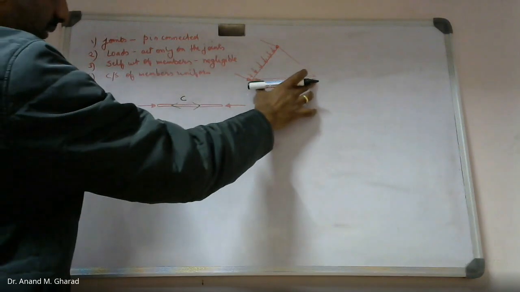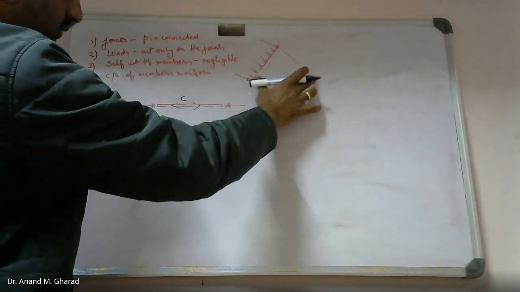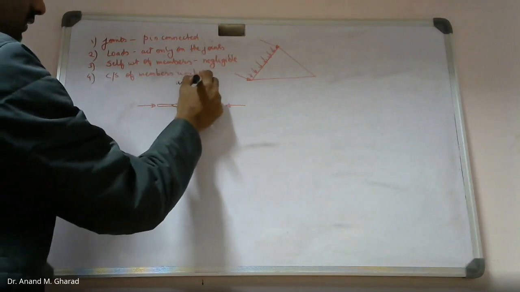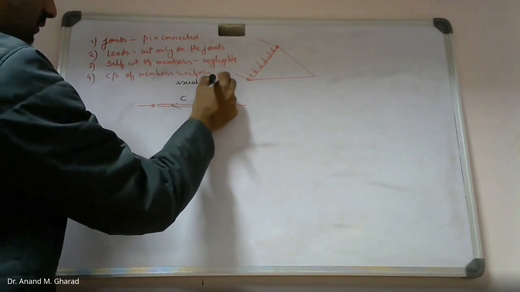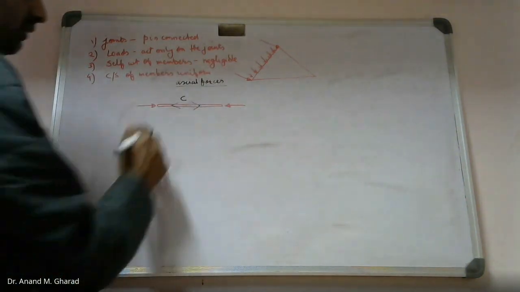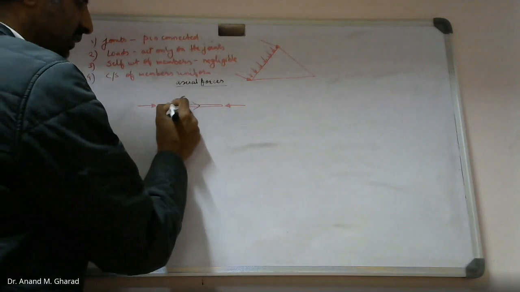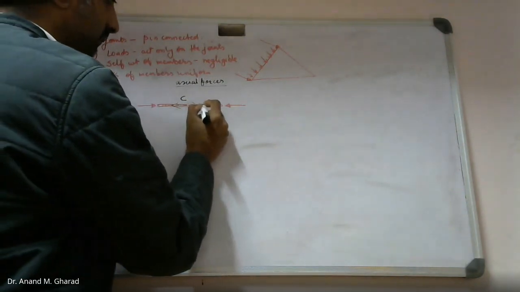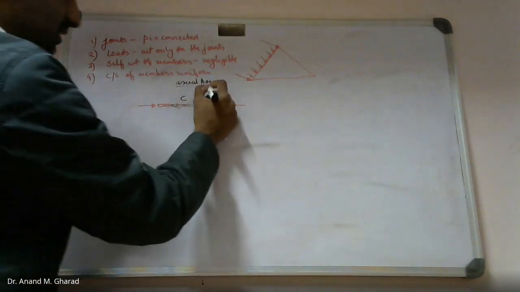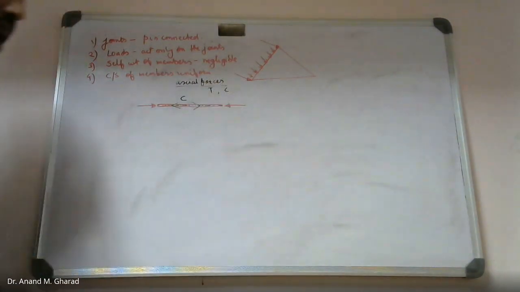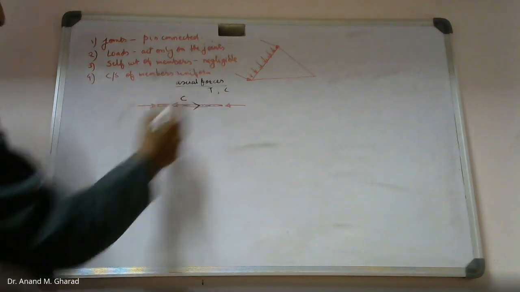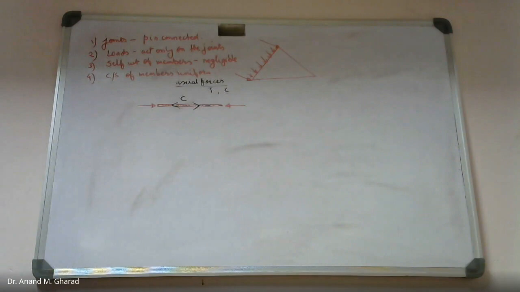One thing to be remembered in this case, that these members will carry axial forces only. Axial forces का मतलब क्या होता है? The forces which are acting along the axis of the member, those are known as axial forces. So the axial forces majorly are tension and compression. Okay? So for compressive force, the representation shall be like this, and reversed,